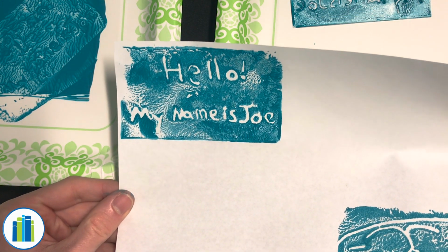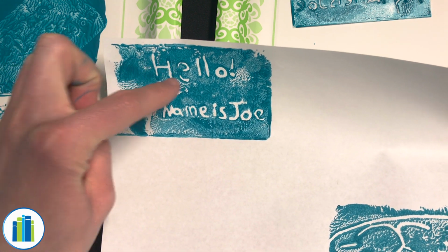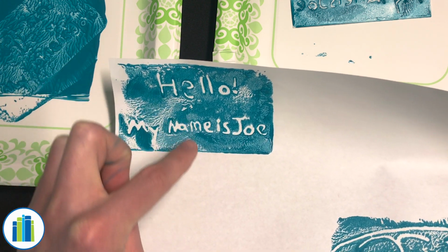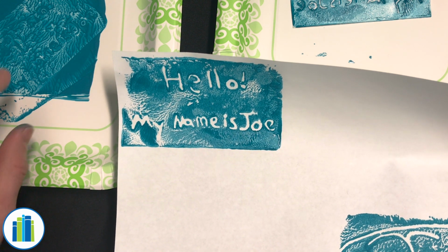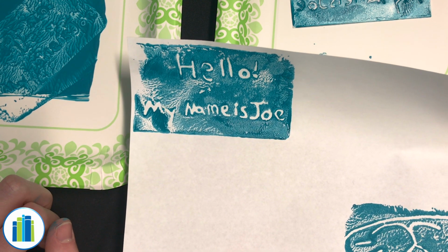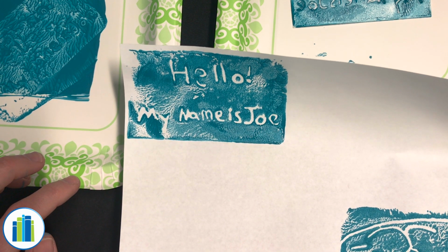So you can kind of read it, but it looks like the part of the H and the E didn't come out quite as well. And I think that's either because I didn't draw the line deep enough, or I didn't get enough paint on the styrofoam. But again, I kind of like the imperfections of this. And the cool thing is that you could print it over and over again and see all the different kinds of